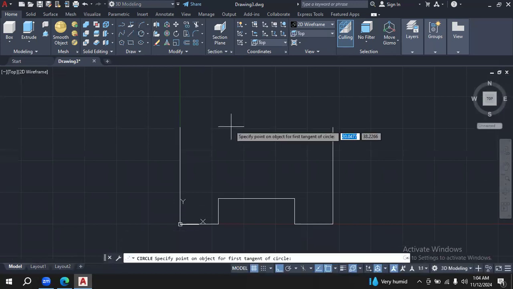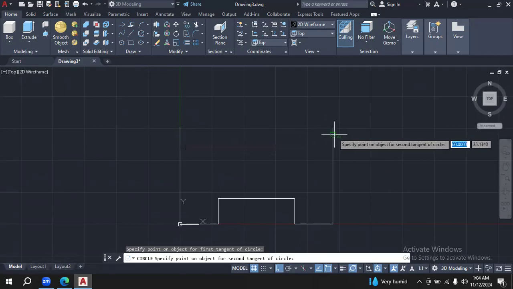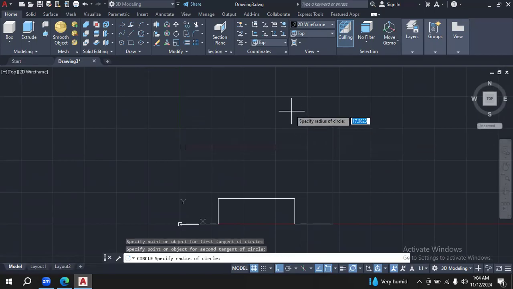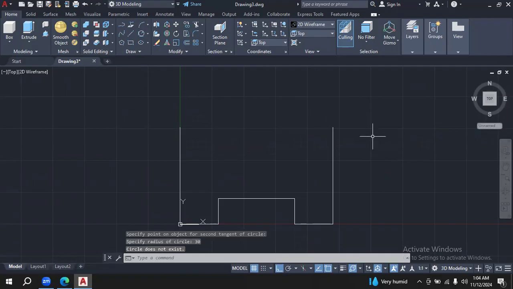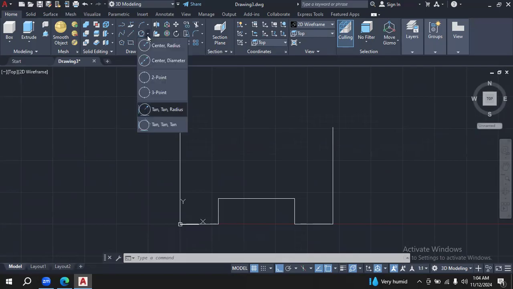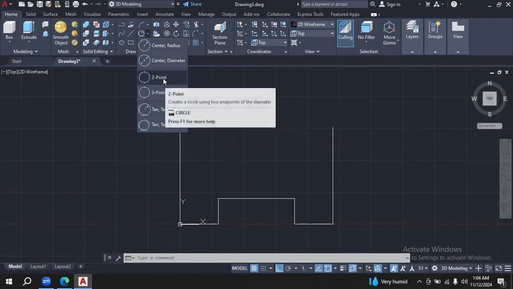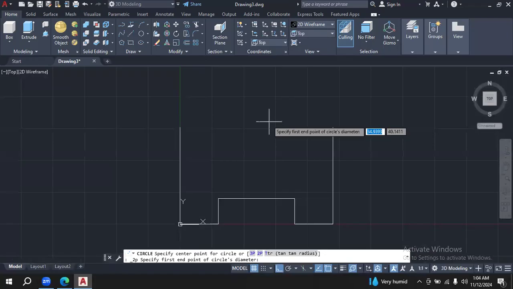Okay, so tangent, tangent, and 30. It is not working from here. So we can use